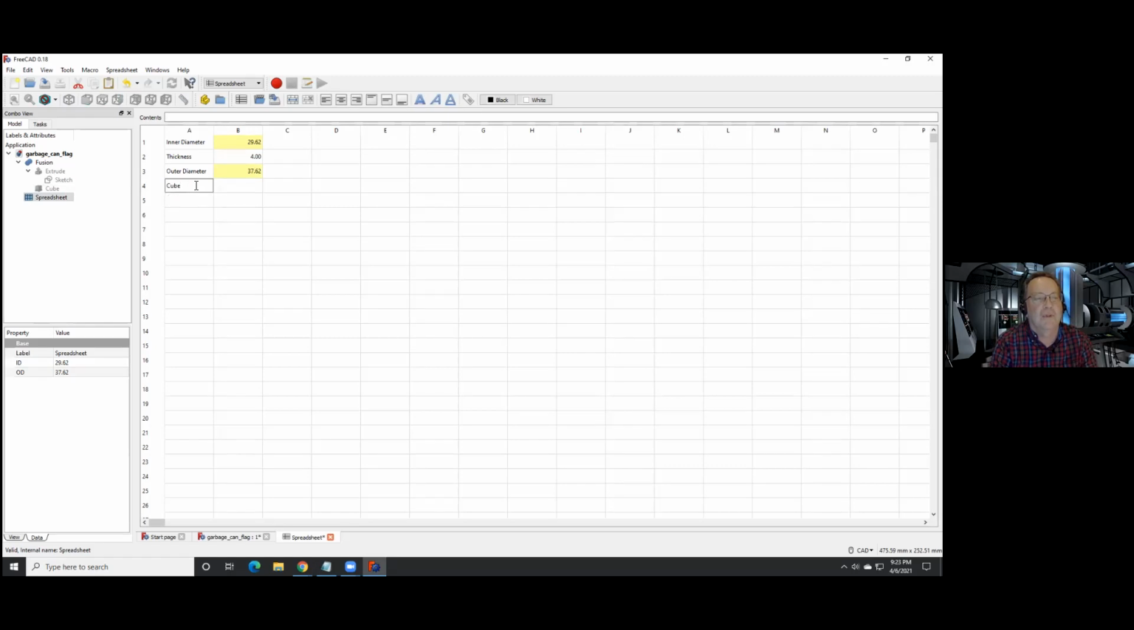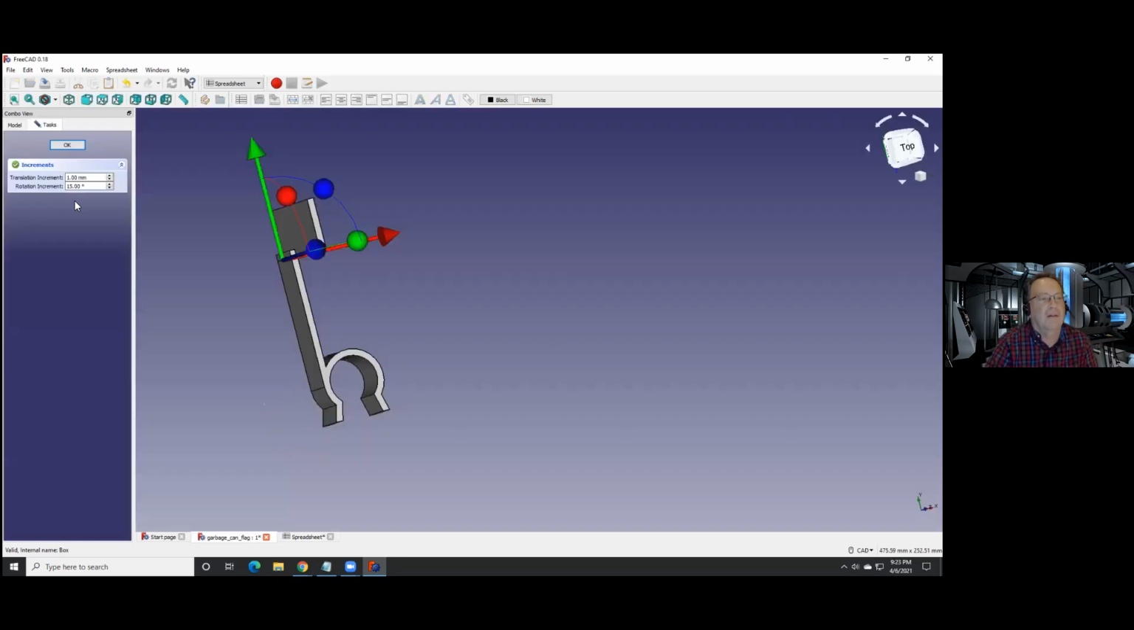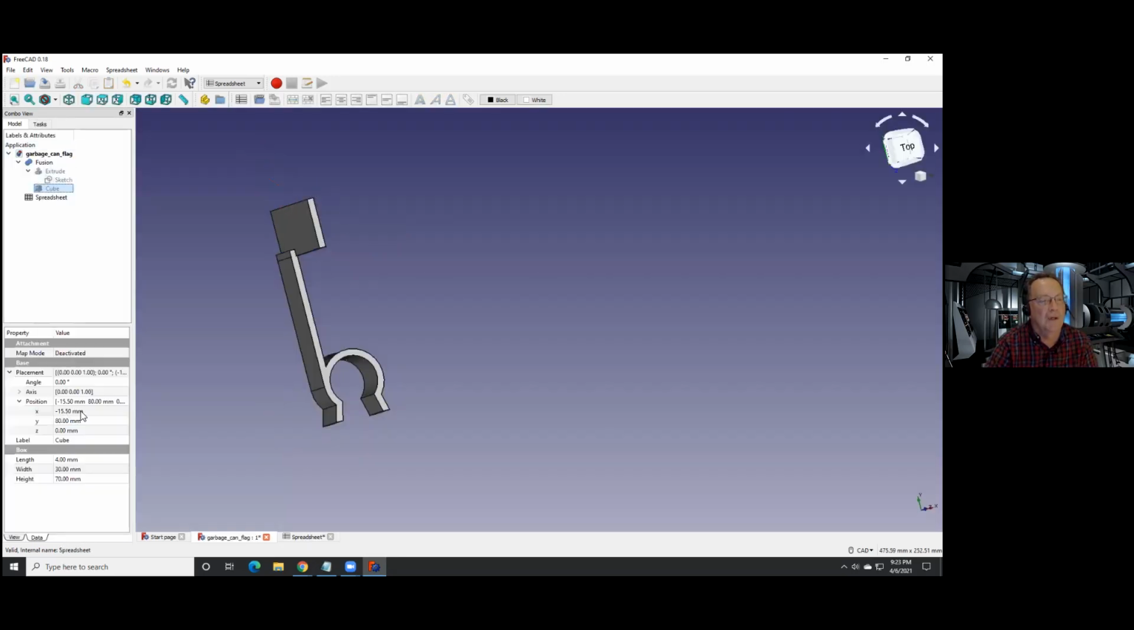So I can say the placement of that cube is going to be the negative of the outer diameter divided by 2. And then I can go back to the placement of my cube and say that I don't want it to be,